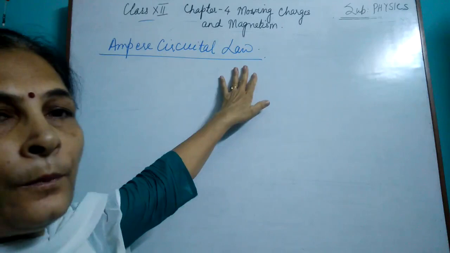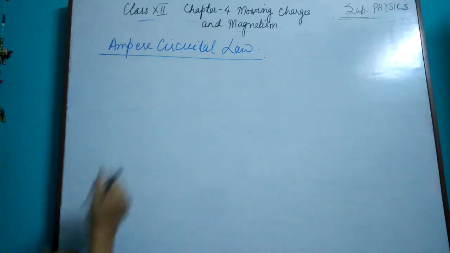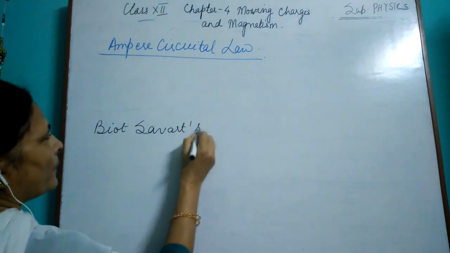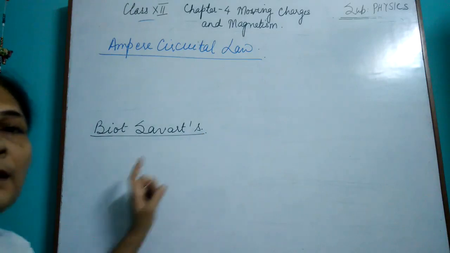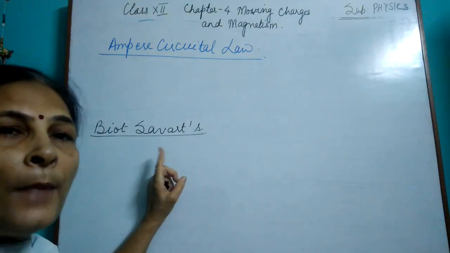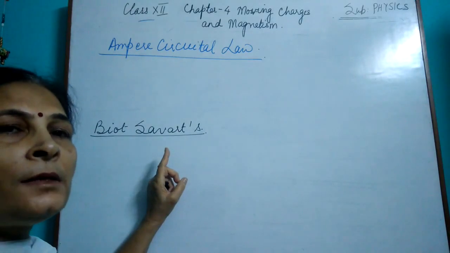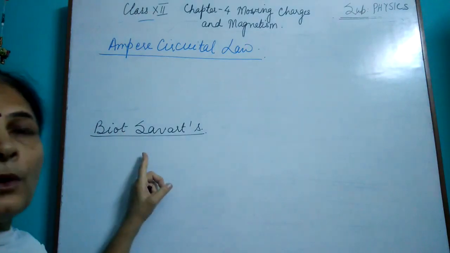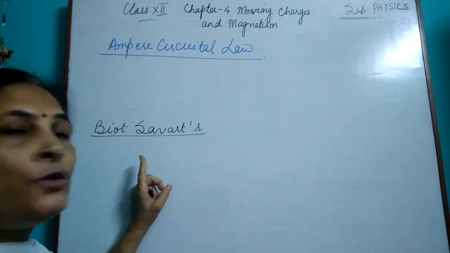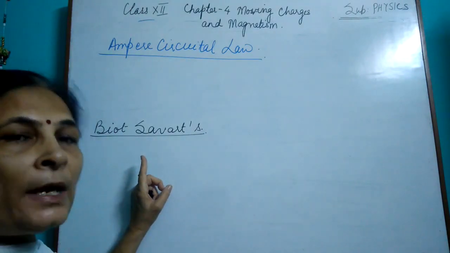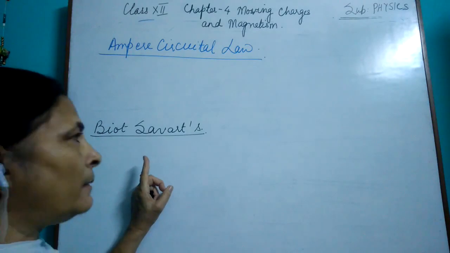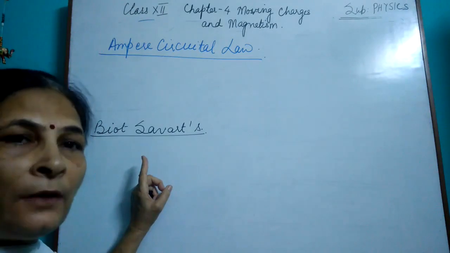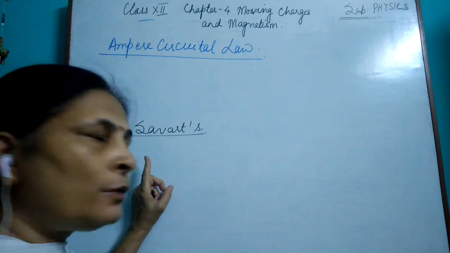Ampere's Circuital law. Now yesterday we talked about Biot-Savart's law. And what does it tell us? It tells us how to find out the magnetic field due to a current carrying conductor of given shape. We also use this law to find out the magnetic field due to a current carrying coil at its axis and at the center. The question asking the magnetic field at the center of a circular coil is very frequent. That is generally asked for 2 marks.